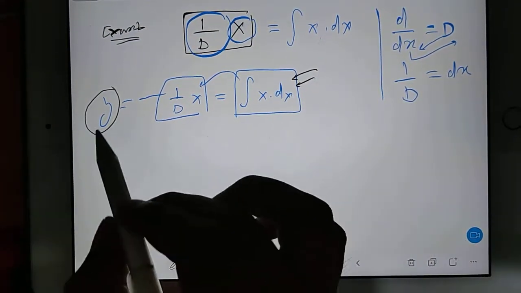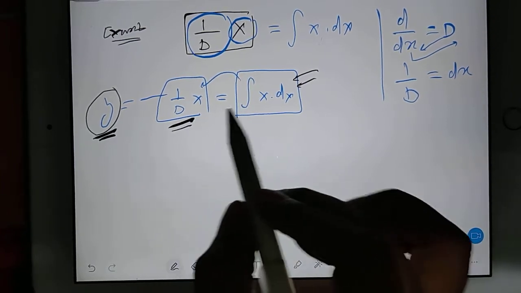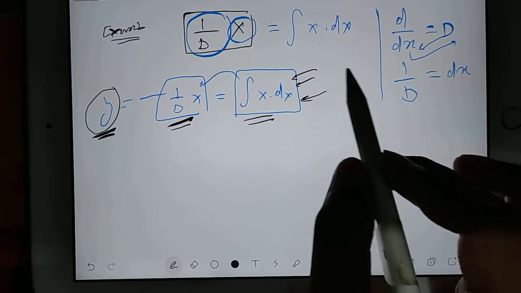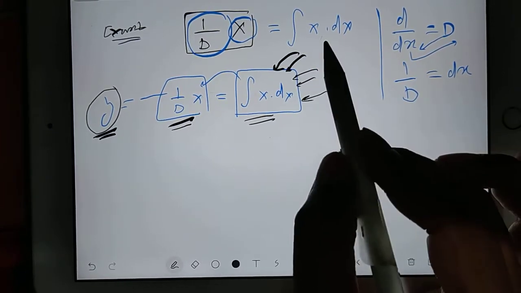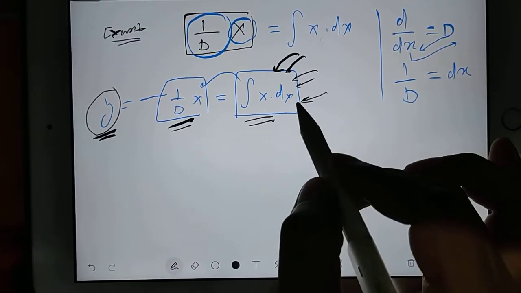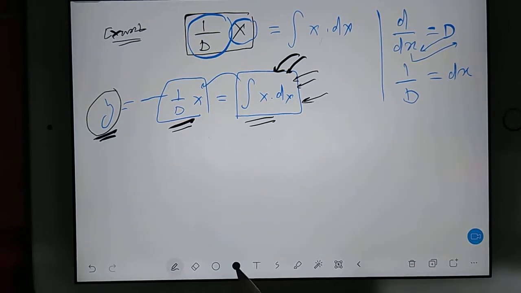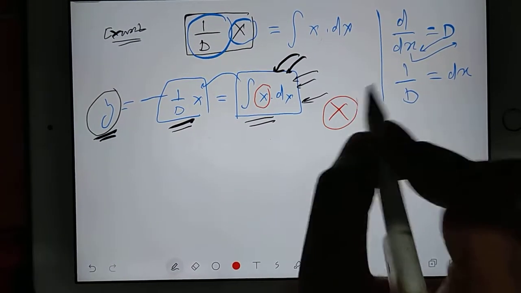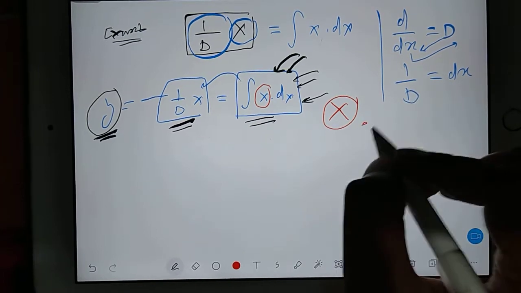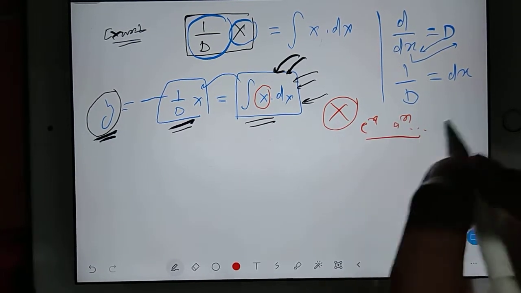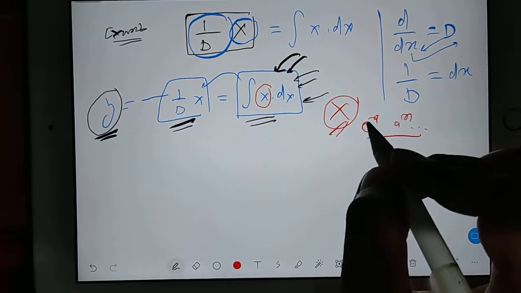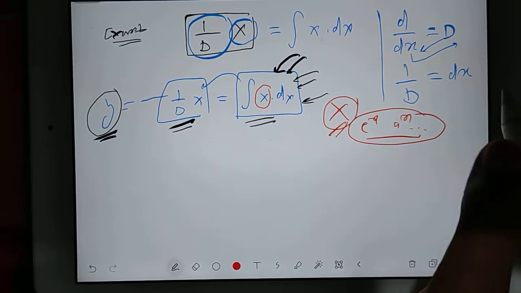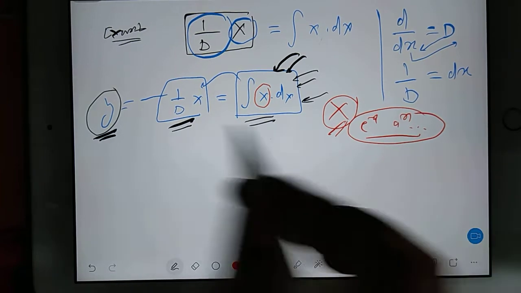So this total value of y, either you say this one or you say this one, this became my particular integral. Okay, one thing is clear, that this is my particular integral, but we have to integrate this, then only we can find out our correct value. But this x is not x here. This x is any general function. It can be e power x, a power x, anything, any value. So that value in examples, that will come completely in examples. So that value I will integrate and I'll be getting my answer, right?